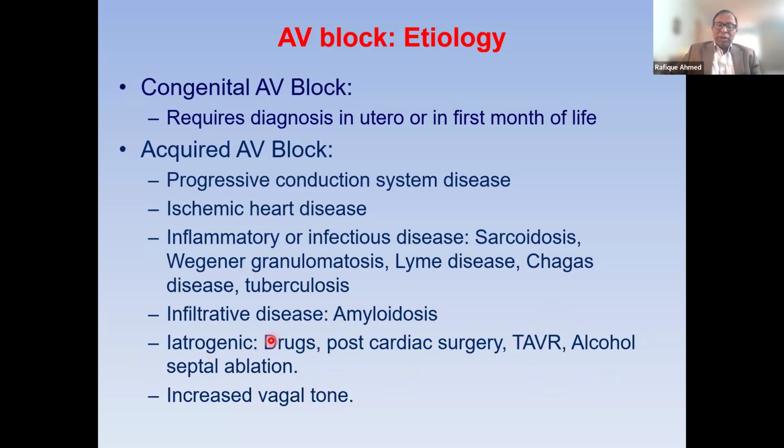Drugs. The question of drugs is important. We find patients on beta blockers who develop heart block. Beta blockers don't cause heart block. They may unmask patients with a propensity for heart block. To produce heart block with a beta blocker or calcium channel blocker, you would have to give so much medicine that you make them markedly bradycardic, with sinus bradycardia, or really hypotensive, causing something mimicking heart block. So these are not common culprits.